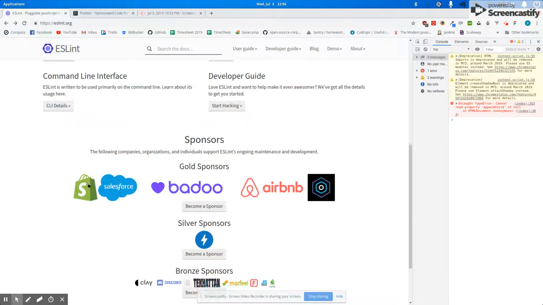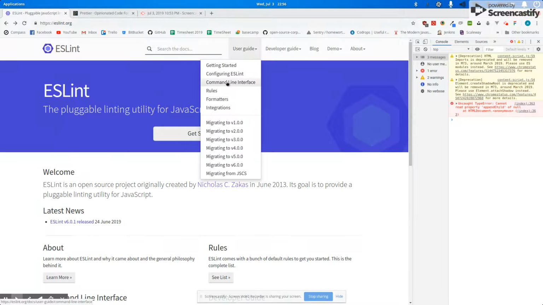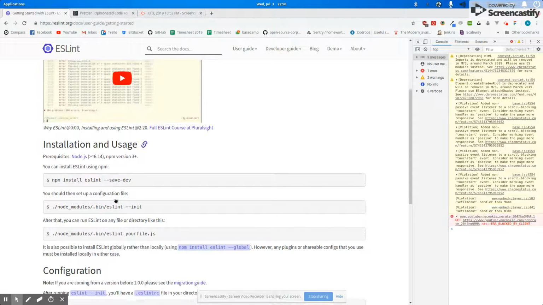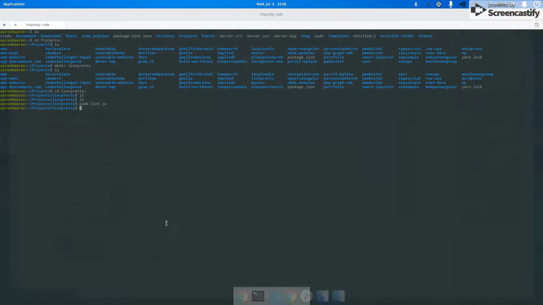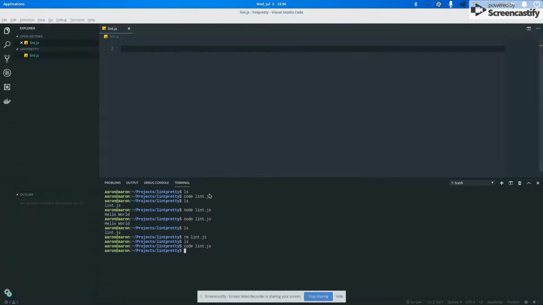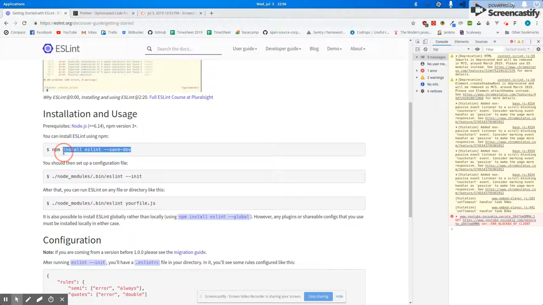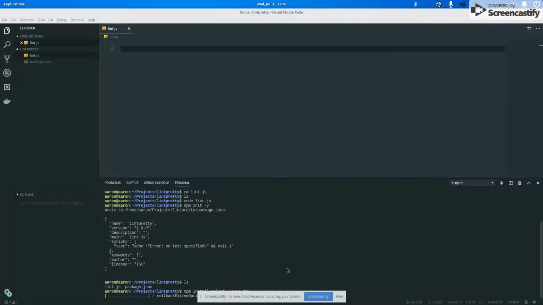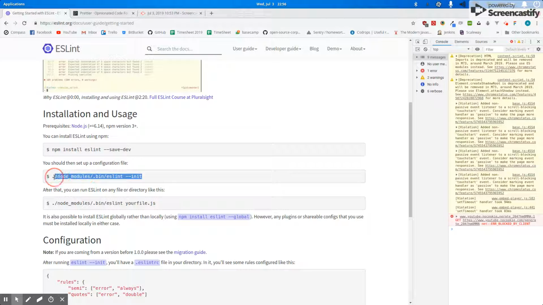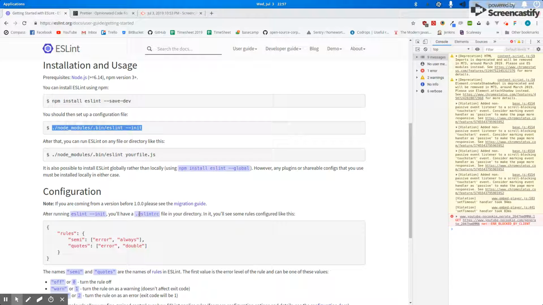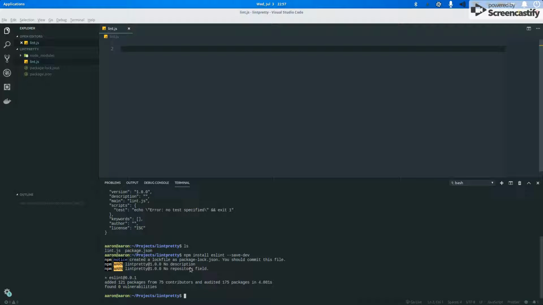All right, so let's install this. Getting started. I'll do npm init -y, and then it's telling me to do npm install eslint --save-dev. Then set up a configuration file. All right, so if I run that,